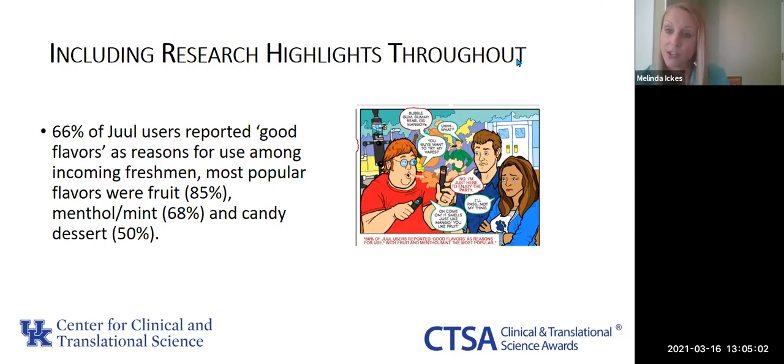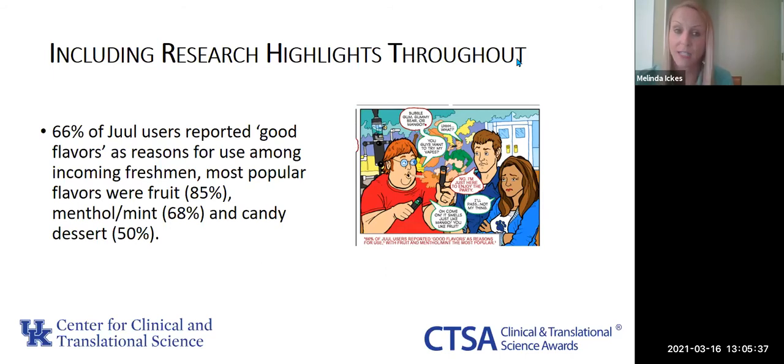So we wanted to make sure that we were true to the research studies done and that we were trying to reinforce through the story the research facts. But we also figured out that young people want to know the research. They want to know the science behind why you're telling them something. And so we decided to include, not on every page, not on every panel, but a few key highlights from the research. And so here you can see the actual statistics that were from the study, and then we just had a really small call out on the page.